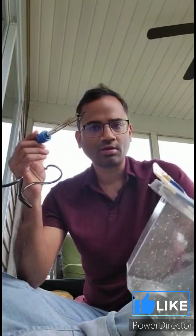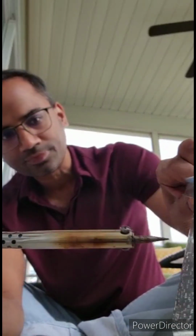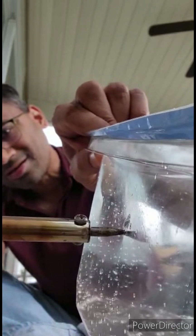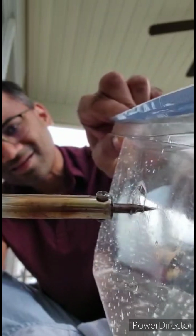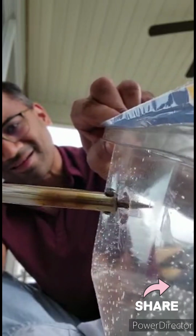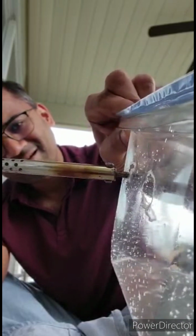And you need a soldering iron to make holes on the sides of your plastic container. Let's connect that up. Now that the soldering iron is hot enough, we can start making holes in the side walls of this container like so. First you punch a hole through the wall, and then you gently start moving the soldering iron like that to cut through the plastic of the walls of the container to the desired shape that you want the opening